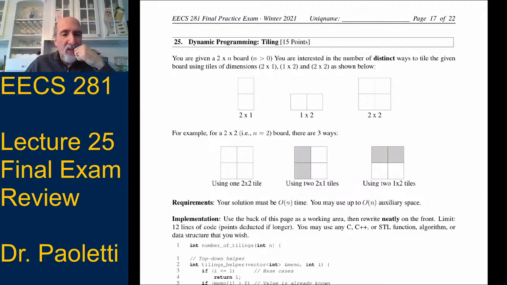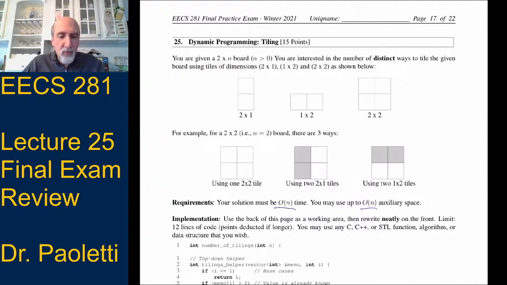I'm going to make a couple suggestions here. One is that when you have a DP problem, look at the requirements: O of n time, O of n space. So when it says dynamic programming problem and you're allowed O of n space, then you probably are going to need a memo that's size O of n. These requirements can give you tips about what the form of your solution is going to end up looking like.